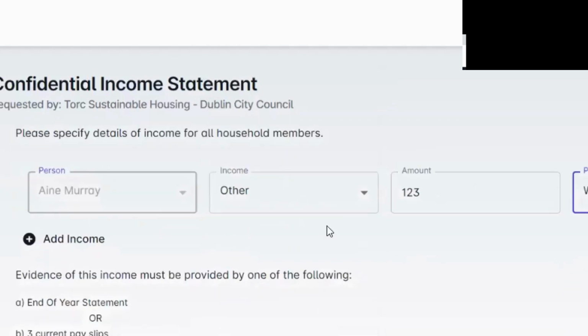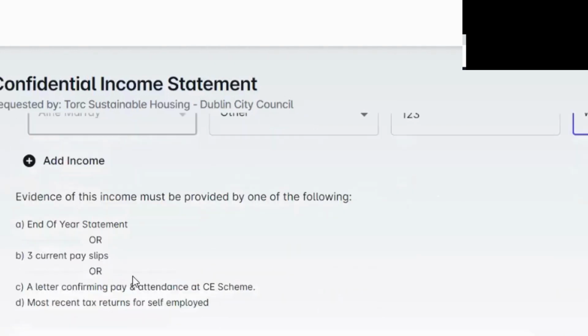Once you've finished adding in the income, you need to add proof of that income. So proof can be, if you're employed, 3 consecutive pay slips. It can be an end of year statement for 2022. If you're receiving welfare or you collect your money in the post office, you can take a picture of the receipt that you receive, or if you get it into your bank account, it can be a picture of your